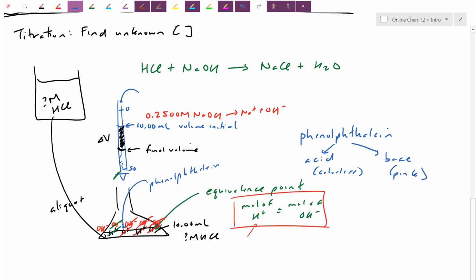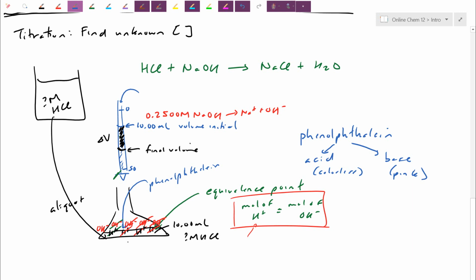Because the hydroxide gets killed off and there's a lot of H+, the phenolphthalein stays colorless. As you steadily get closer and closer to the equivalence point, basically you slowly kill off the H+, there's going to be more base every time you drop in the NaOH. It's going to stay pink for a while. You swirl around. As long as it can find H+, there's still a net excess of acid,